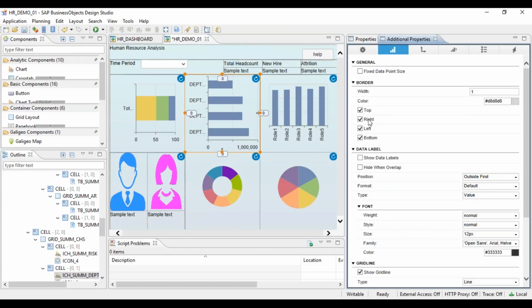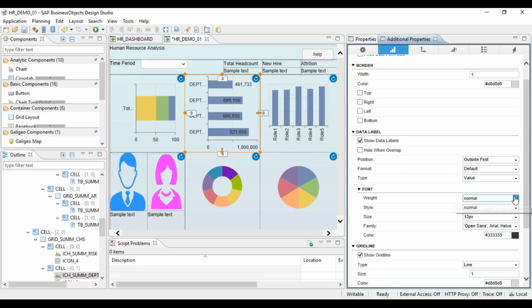Do we want to put a border or not? We can remove borders. Do we want to show the labels, the actual numbers on the chart? If we want to show the numbers, where exactly do we want to show them: inside or outside? Always inside, always outside, or the third option, based on the chart size, it will automatically display inside or outside. You can also decide the format, whether to keep the format that is coming or add an additional 0. You can put a currency here as well.